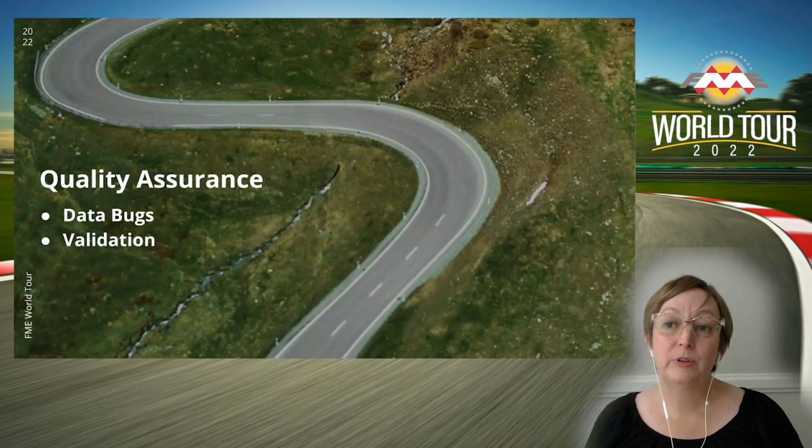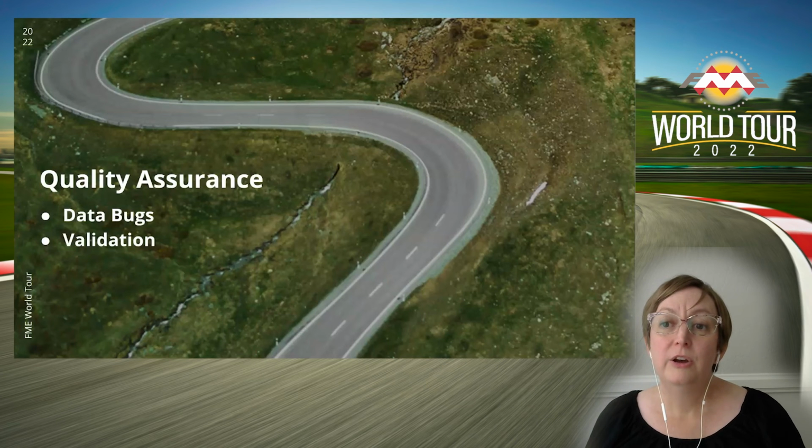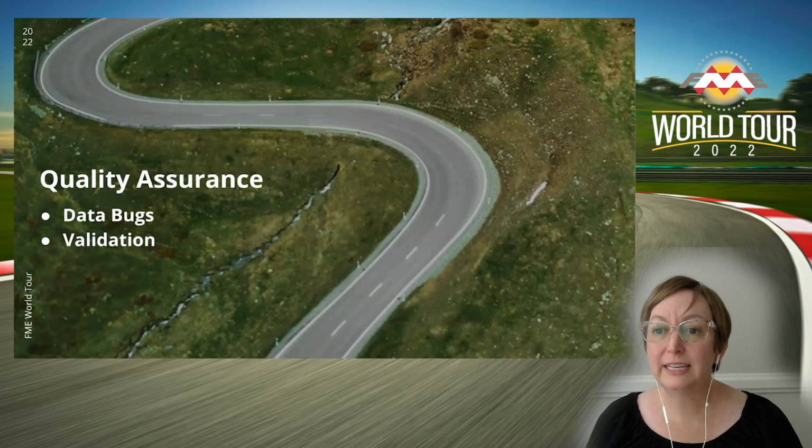We check for alignment with business rules. For example, if a structure goes over a roadway, does the overpass have clearance high enough to allow for a vehicle to pass under? We also run checks to ensure that the data contained within the disconnected silos agrees amongst the silos. For example, does the structure length in the NBI database match the structure length in the GIS database? We also ensure that there are no missing or null attributes where values should exist, such as ensuring every mile of roadway has a shoulder width value.